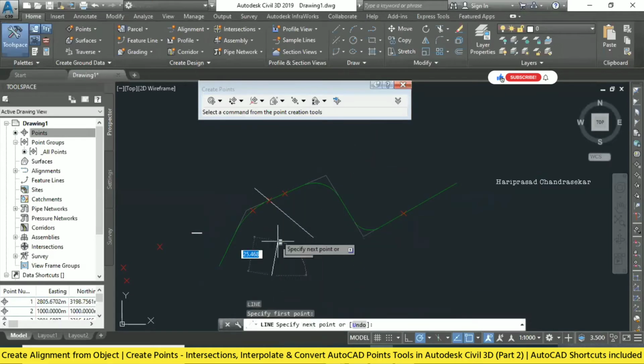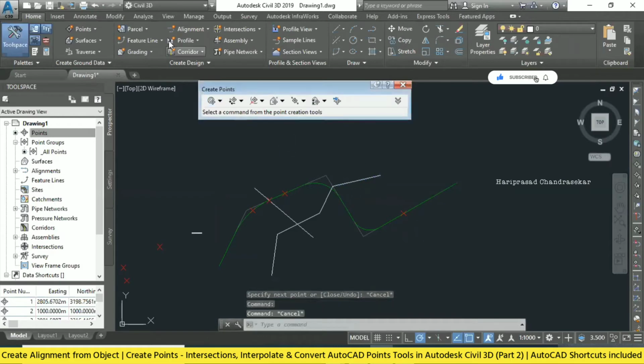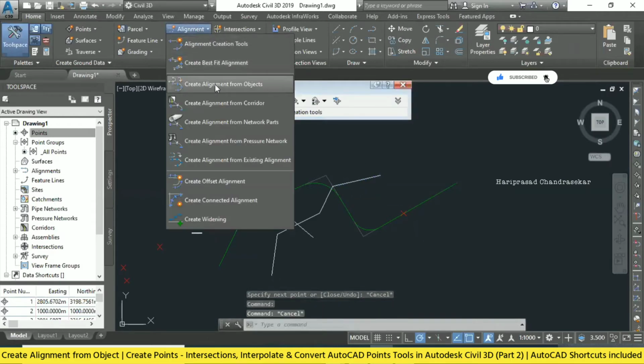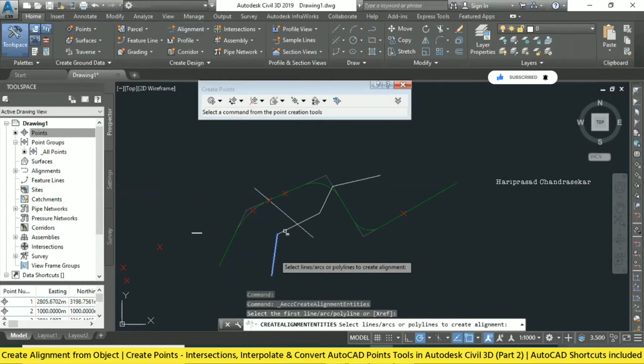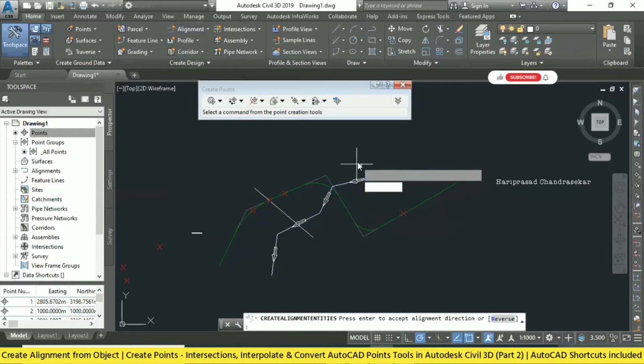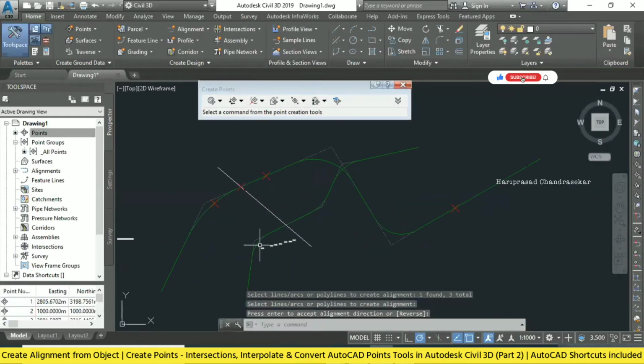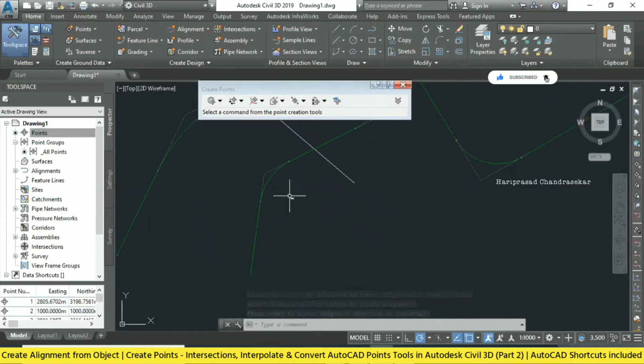Even lines can be used for alignment. See, we have separate lines now. We can go to alignment from objects, and then select the lines separately. Then it will still create a single alignment. See, a single alignment it will create. The radius is 200 now, that's why we are getting the smooth curve here.